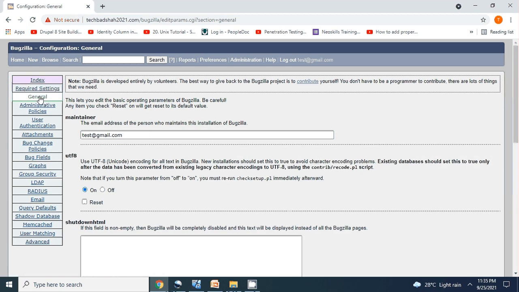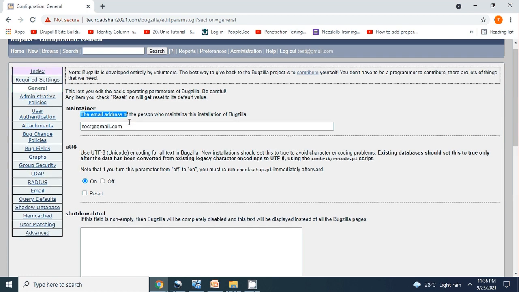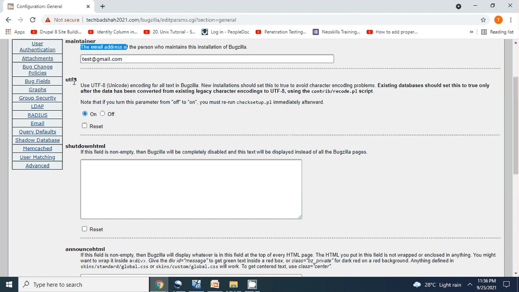General. Here is the site maintainer, so basically whoever is going to maintain the Bugzilla, the name of that user or that team we have to enter here. For example, say Bugzilla encountered an error and the user is trying an activity which causes an error. In that case it will give you a message to contact the system administrator. Whatever user ID you enter here will be printed on the user's screen along with the kind of error. Next is the UTF-8. This is something I would like you to just ignore.